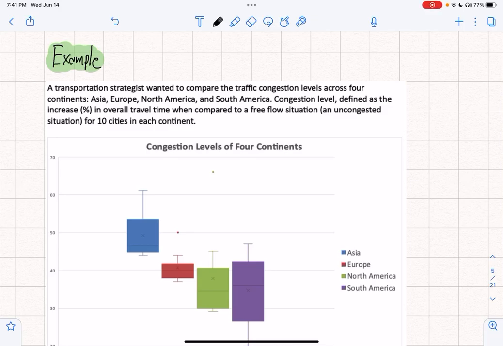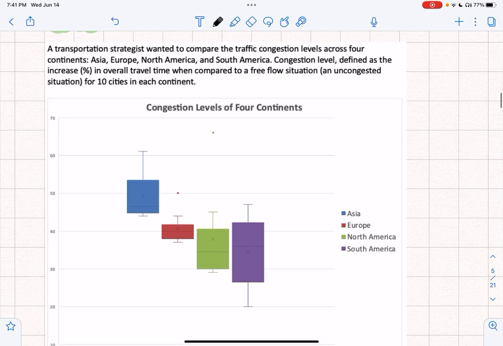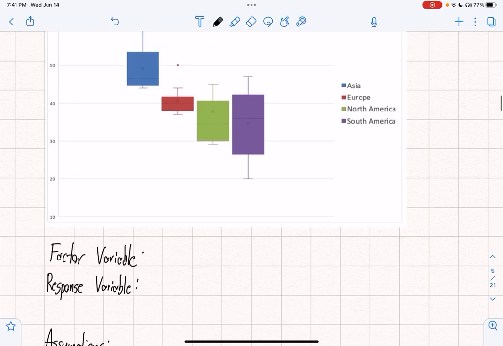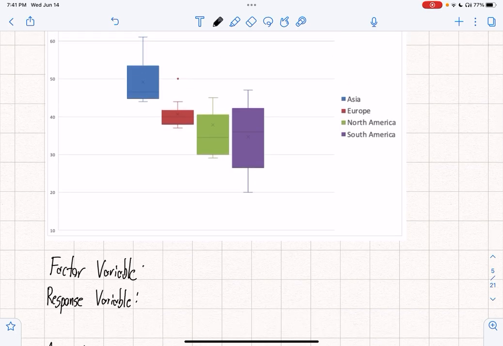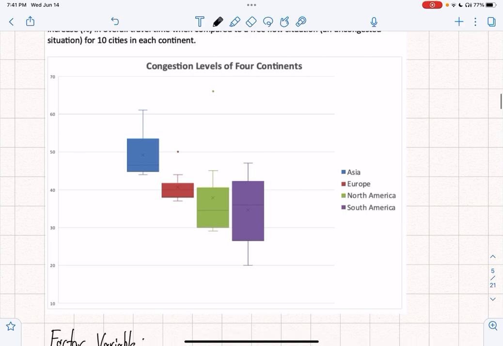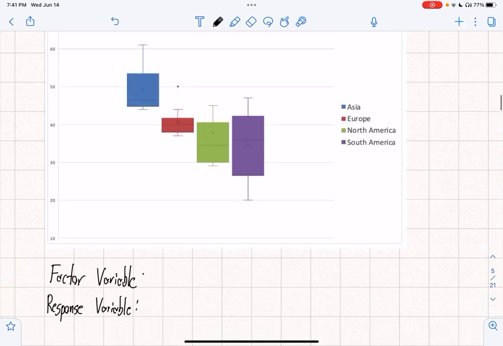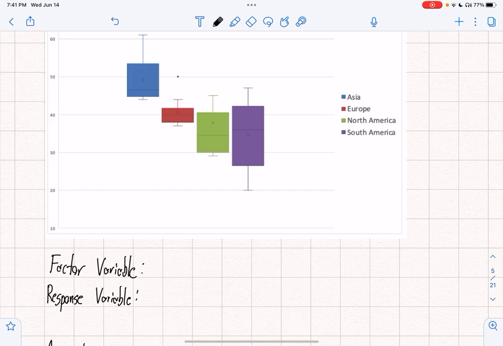Let's return to our example, just so we can really nail down some of these definitions and make sure we know what we're talking about with our language. So again, we're looking at traffic congestion levels across these four continents. We have 10 cities in each continent. So let's first think about our factor variable. Our factor here is continent